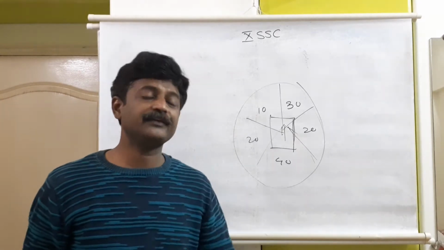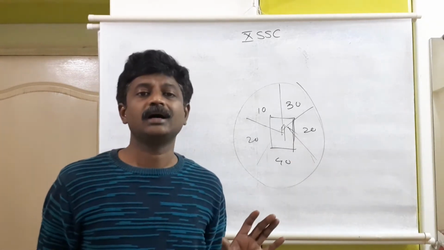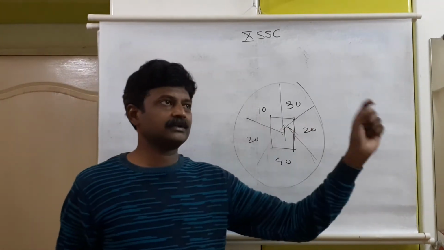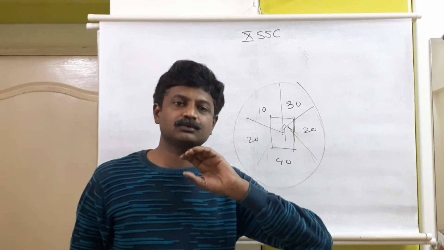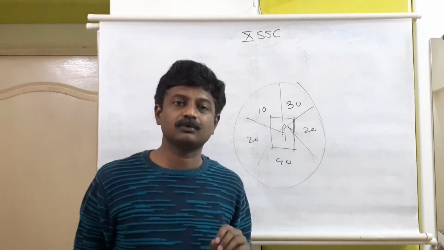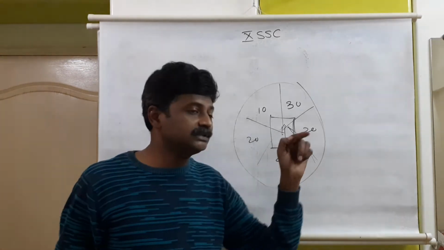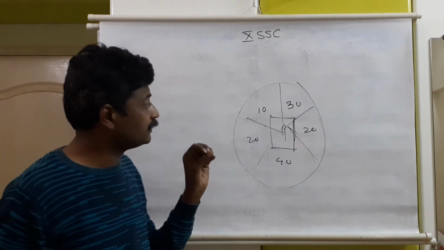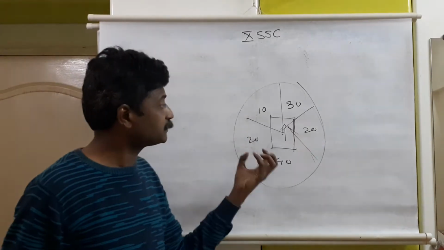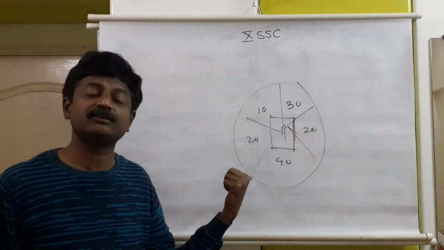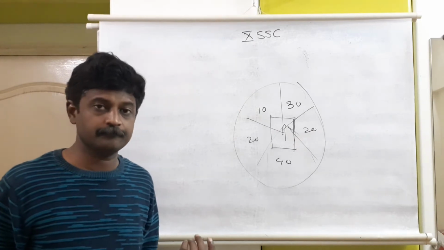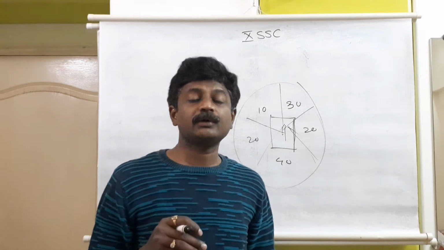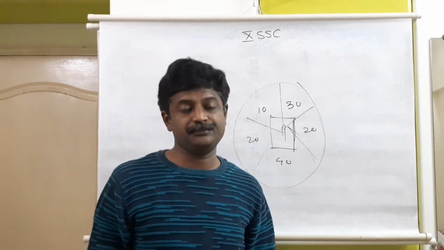Instead of this, if it is told to us line by line, or written on the screen line by line, in this area 20 runs are scored, in that area so and so runs are scored, in this area so and so runs are scored. Compared to this, that is a little bit complicated to understand, but this, without explanation, we will automatically understand, it is not necessary to tell you anything. Easily you can understand in a very short time. That is why pictorial representation is very, very important.